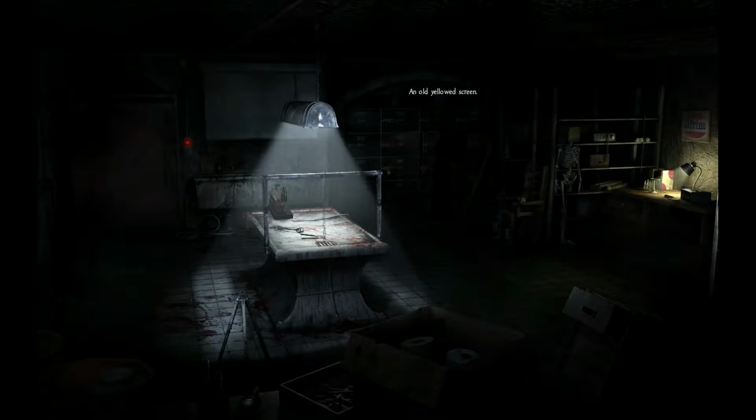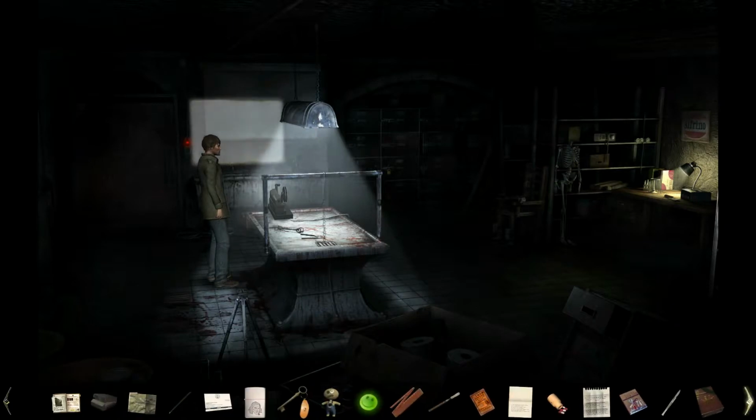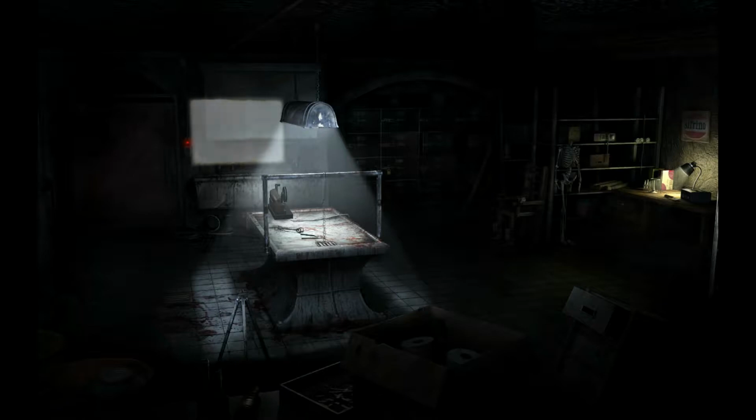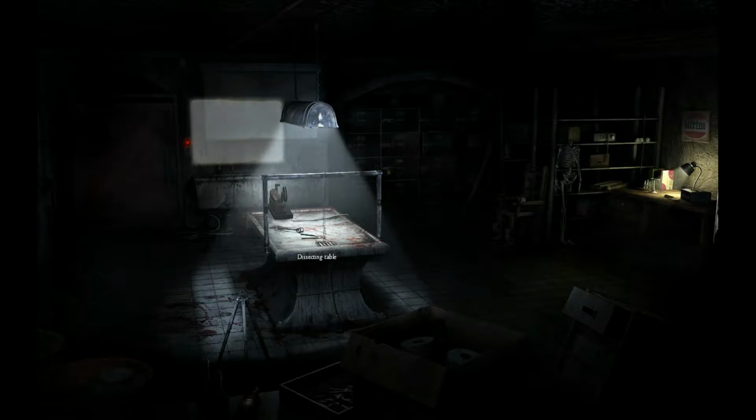An old yellowed screen. An ancient film projector. I'd be amazed if it still worked. If I don't put the film in, it's as good as any other light. A human skull. A replica, probably. Something's rattling around in there. Either his brain has dried up, or someone has hidden something in this...